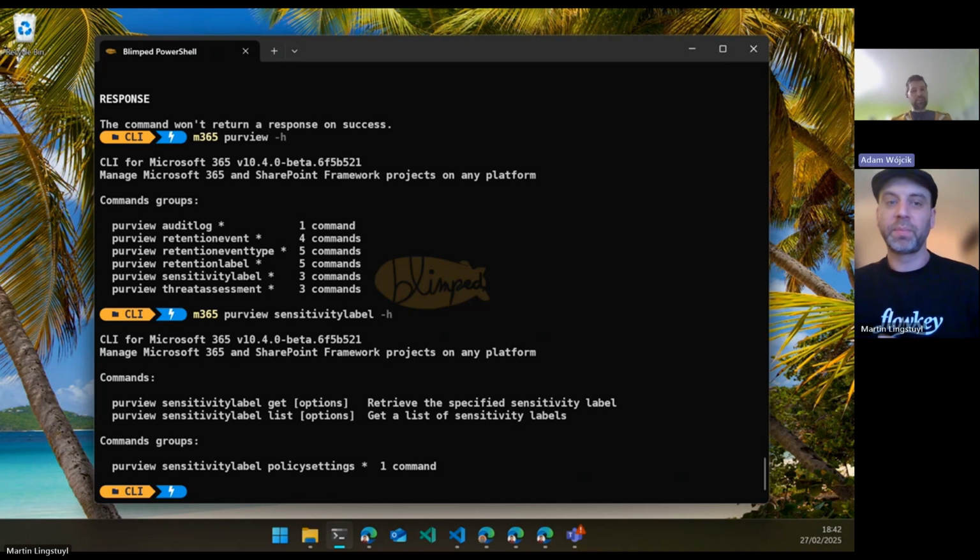Yeah, this is a good starting point, and the best part is CLI for Microsoft 365 is open source. So if you are watching this and you're thinking where you could add your value to the CLI, well, you can help us build this area. There are a lot of commands we can still add to the sensitivity labels, like the remove and add commands. Those issues are probably already ready to be grabbed and developed,